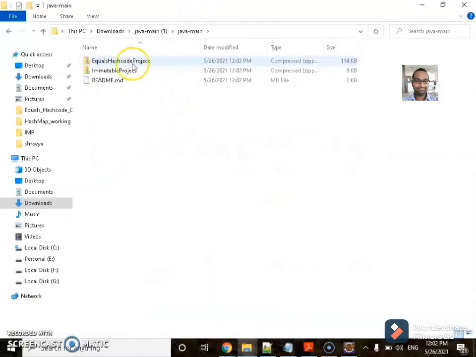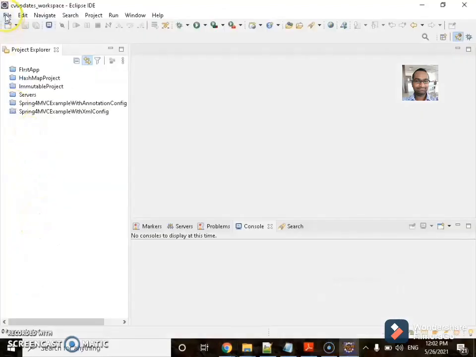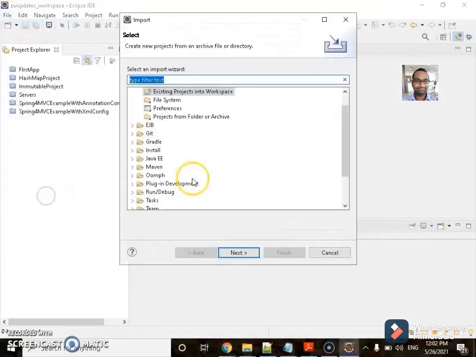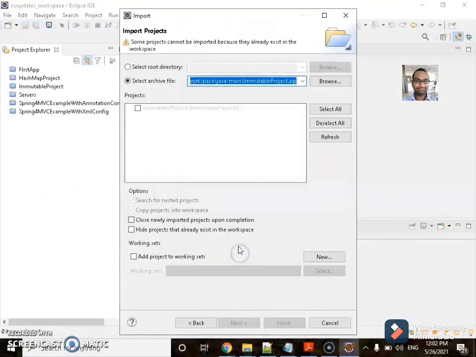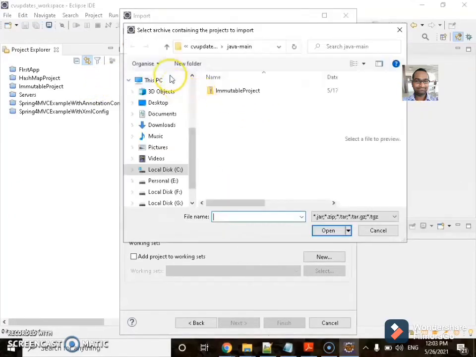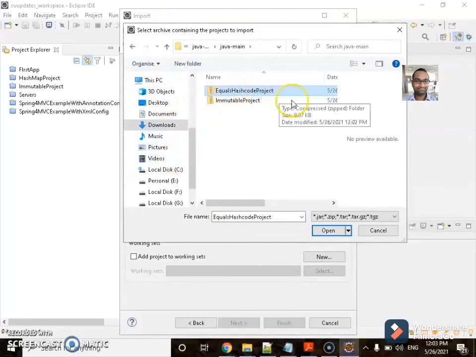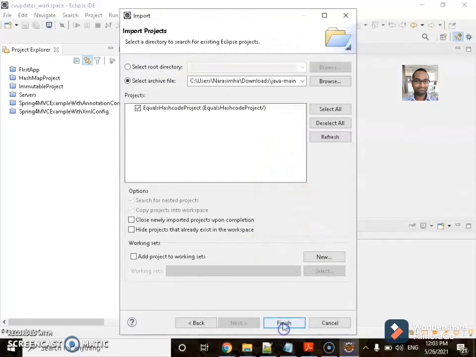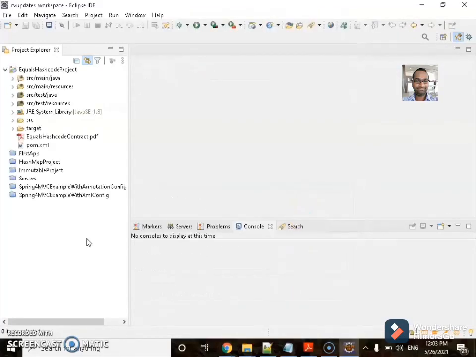You will find this equals hashCode project. Go to Eclipse, click on file, click on import, click on existing projects into workspace, select the archive file, click on browse here, select the equals hashCode project, click on open, click on finish. This is how you can import the project into your Eclipse workspace.